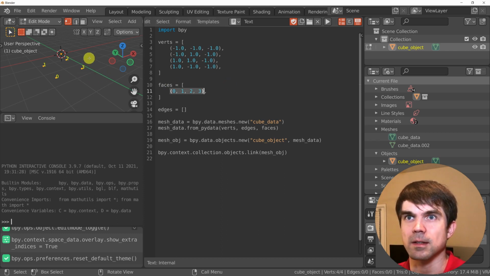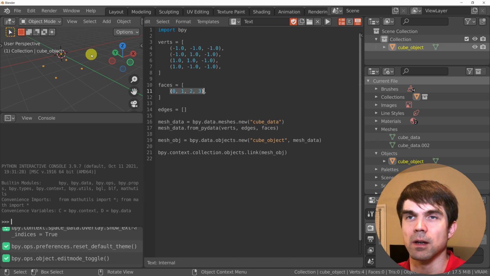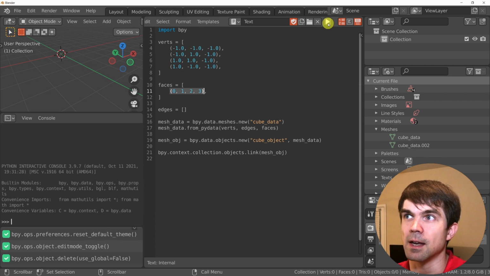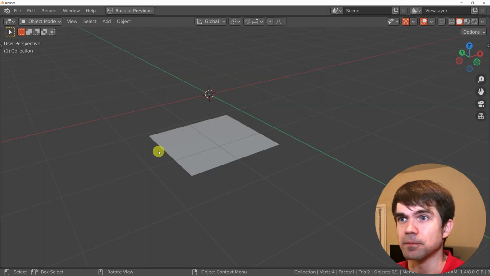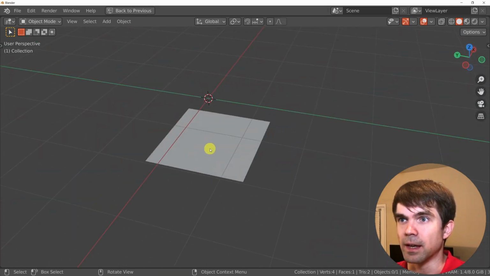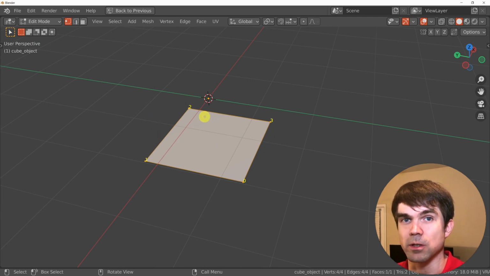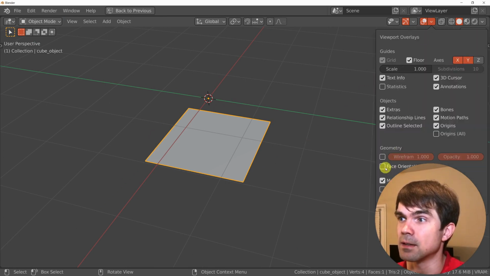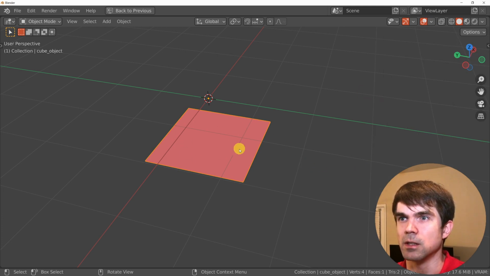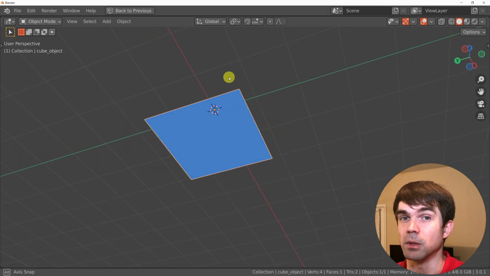Now let's go out of edit mode, delete this by hitting AX and then delete. And then let's rerun the script again. As you can see, we've added a face that is using the 4 verts that we just defined. Let's also make sure that the face is correctly oriented. Let's go into Overlays and select Face Orientation. This should be red because it's the inside of the cube, and on the other side is blue.